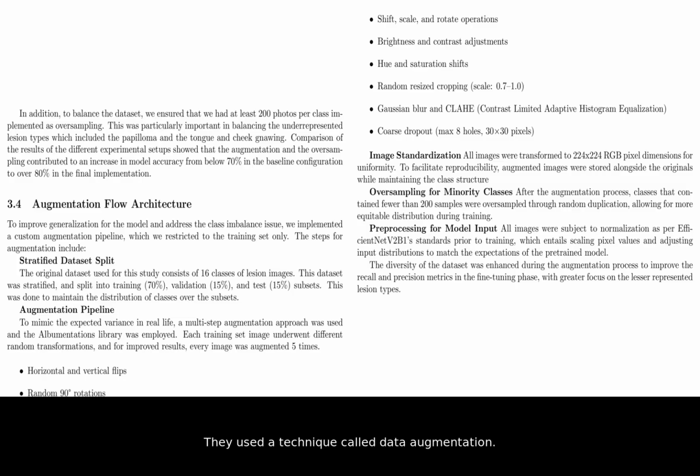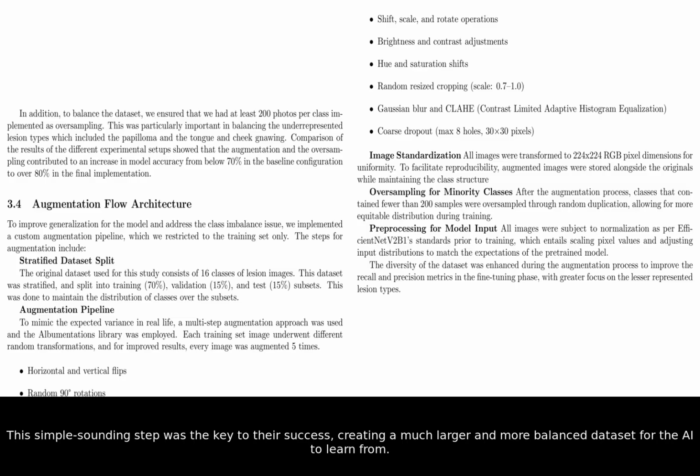They used a technique called data augmentation. Essentially, they took each training image and digitally created new versions of it. They flipped them, rotated them, and changed the brightness and contrast. They also specifically duplicated images from the rare disease categories, a process called oversampling. This simple-sounding step was the key to their success, creating a much larger and more balanced dataset for the AI